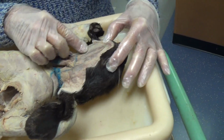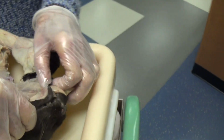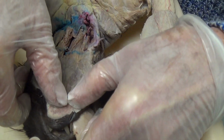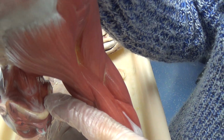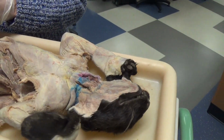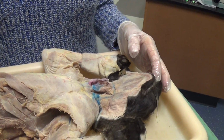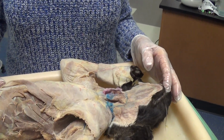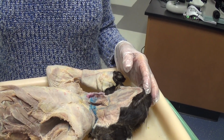Digastric. It actually has multiple parts, but the one that would show up on the kitty, because part of it is tucked inside the skull, is this little V-shaped muscle underneath the chin, right there. This guy lowers the jaw. It's a smaller muscle because gravity helps us lower our jaw, so we don't need quite as much work for that. So it's the antagonist to the masseter and the temporalis muscle, and it originates on the mastoid process and